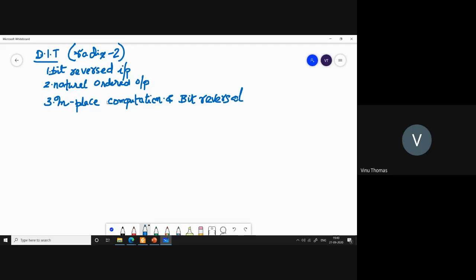And you had also seen that the number of complex multiplications is N by 2 log N to the base 2, and the number of complex additions is N log N to the base 2. Obviously we require N to be a power of 2; only then can you attempt these radix 2 algorithms. So we had discussed the decimation in time algorithm previously. Now we move on to the second algorithm, which is known as the decimation in frequency algorithm.